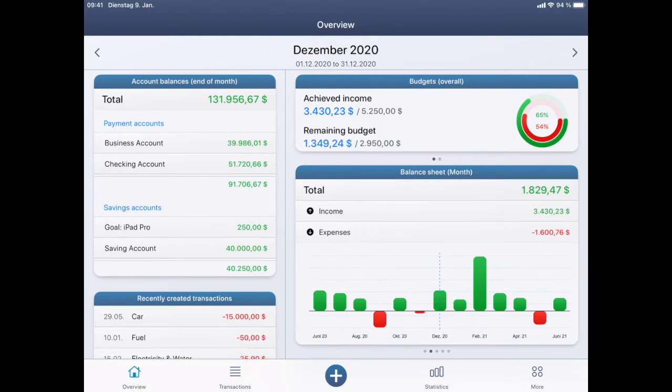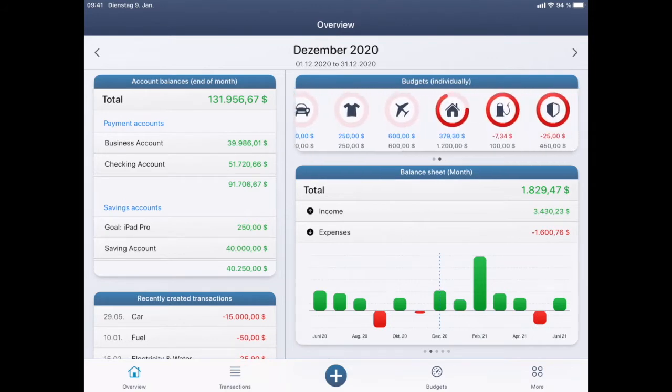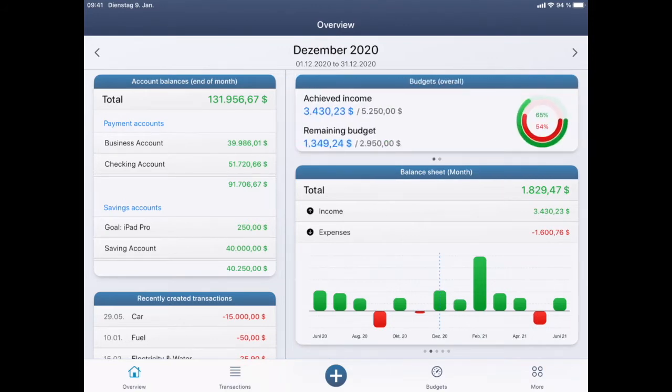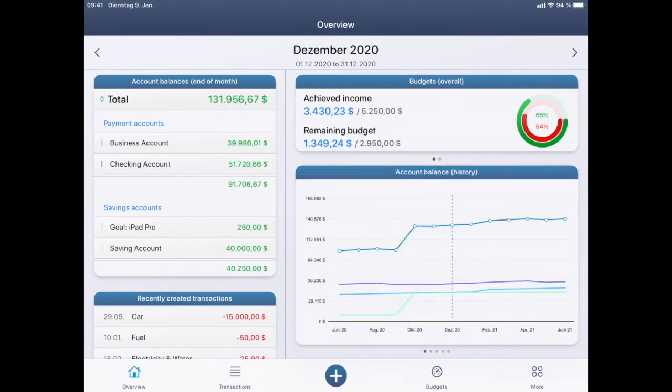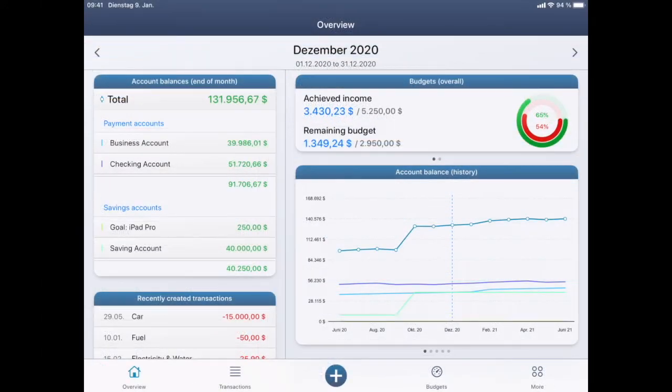Here is the overview. Depending on what you have entered into the app, general evaluations and summaries are created here. For example, if you have created budgets for your groups, you can see the current status at the top, namely how much budget you have available this month under remaining budget and how much income you have to earn this month under achieved income. Below you will find the account balances, which shows how the account balance develops over time,